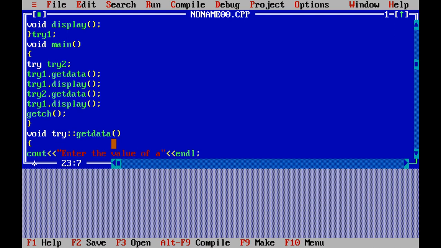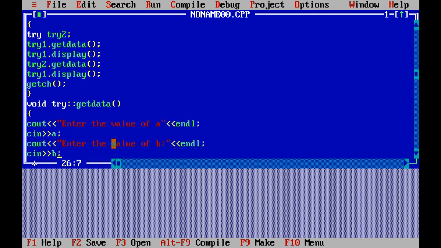So the control is getting transferred to main, and the next line is try2.getData. So this value of a is for try2, for the second object. So let's give 99 and 1.